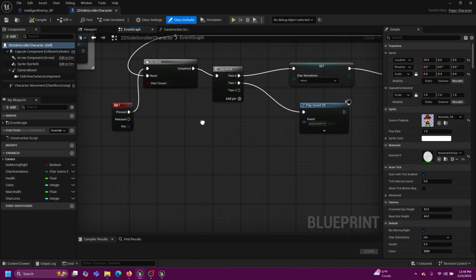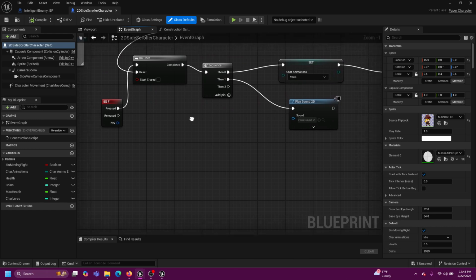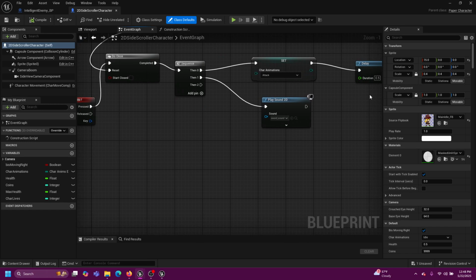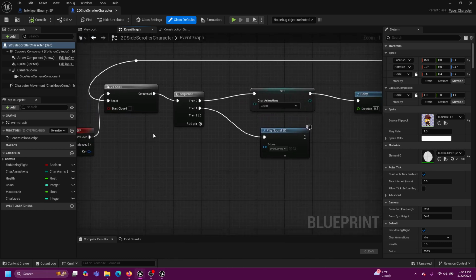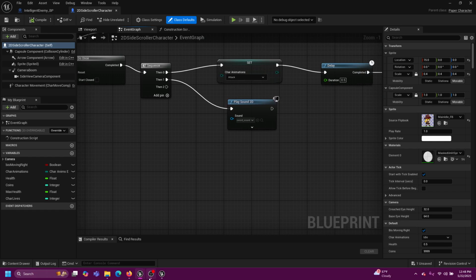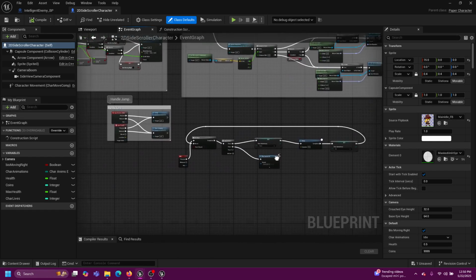And now we play sound F. So now we need a blueprint that we will summon from this next one that will tell the game, hey, we're damaging an enemy. It's time to do some damage. And we are going to do that by